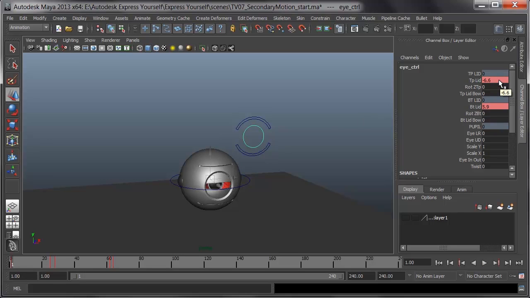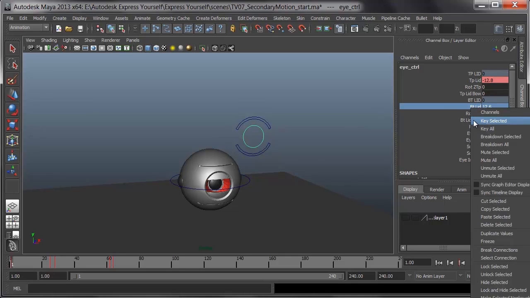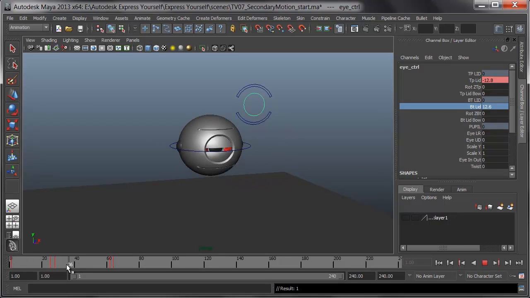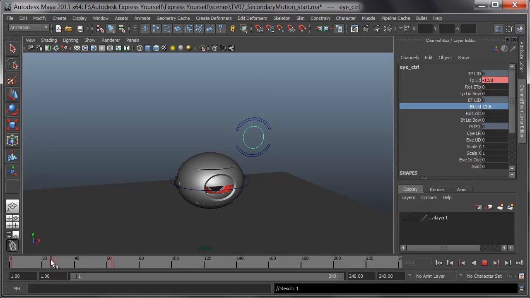I can see right here with the eye control selected that top and bottom lid are keyed. I'll pick them, and with the mouse wheel, open up that top and bottom. I'll make him a little more open there, and right-click and choose Key Selected. I'll do the same for the bottom lid, opening it up a little more to a neutral at frame 1, right-clicking and keying. Now he starts out open, and goes down, but he needs to start out closed sooner, because